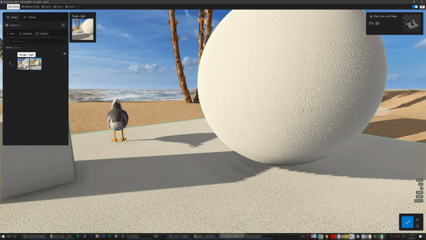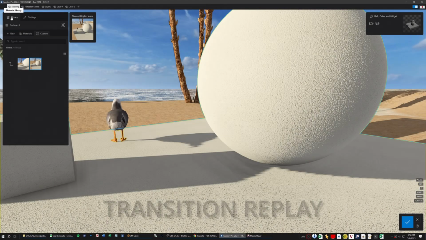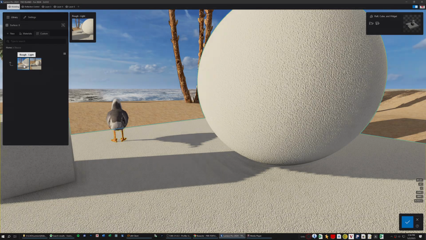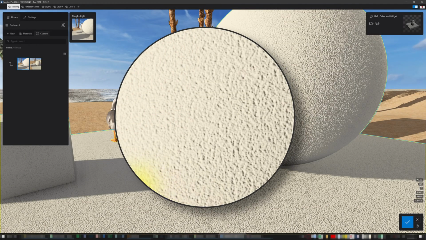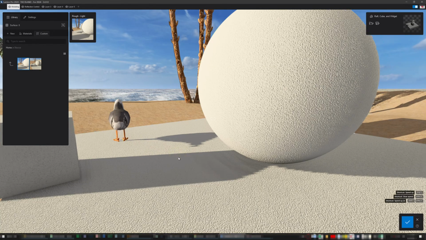And I ended up with this lighter weight version. I guess it already has loaded. And you'll notice there wasn't a dramatic change when it loaded, and that's because it is very similar to the first map, at least at this distance, which is pretty darn close. You can tell by our seagull that we're maybe a foot or two away. This sphere is 3 feet high. The raft is 8 feet by 8 feet. So we're right zoomed in on this material.